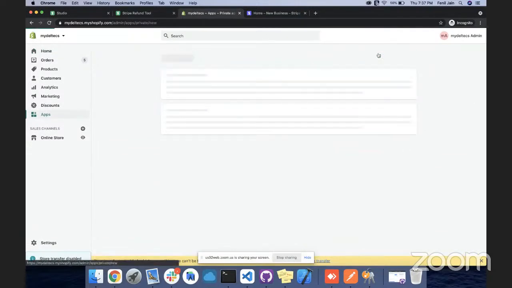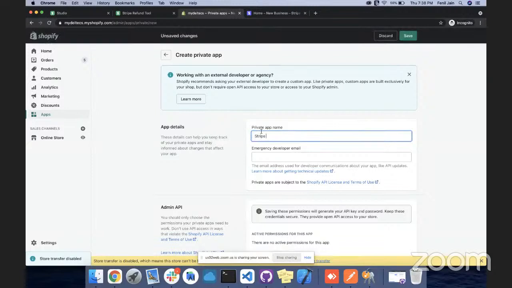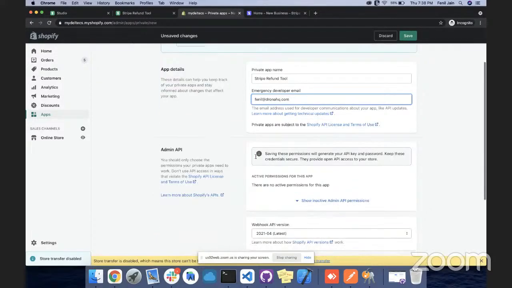So I'll create a new private app. Here we can give an app name. So we are building the Stripe Refund tool. We can just give an email ID,